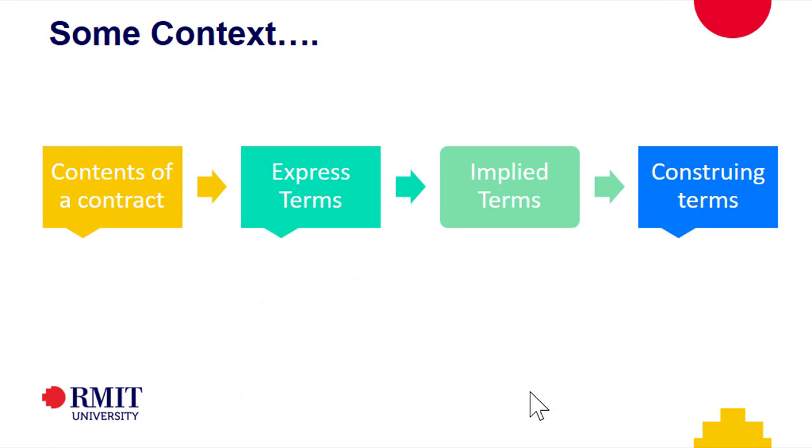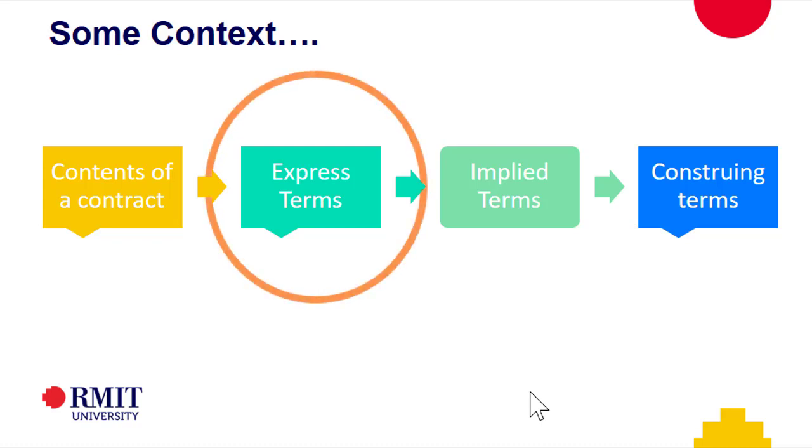In thinking about the contents of a contract, we break it down into these 3 topics. We look at what the express terms of the contract are. We look at whether there are any gaps and whether the courts or the law generally, or including statute, will imply any terms. And we also need to understand how to construe or read the terms of a contract. All I expect to do today is talk about the express terms and provide some of the context.